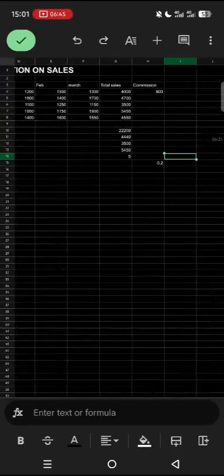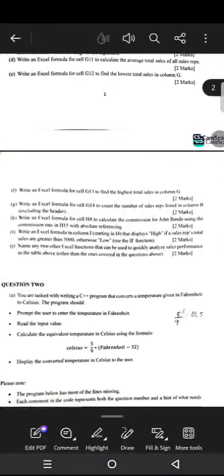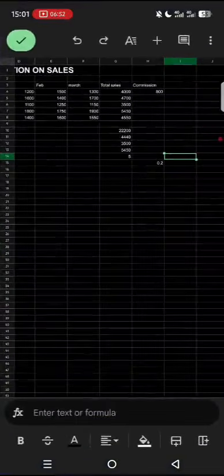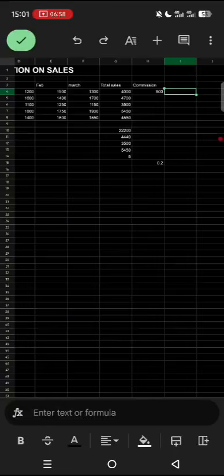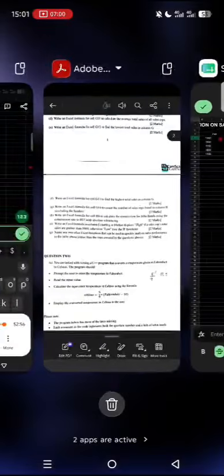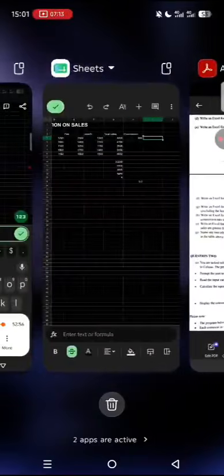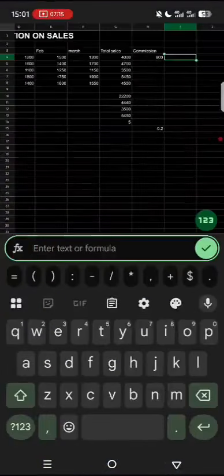My God, this is I4, not 14. I would have been confused. So in column I, starting in I4, they are saying: write an Excel formula that displays high if sales rep total sales are greater than. Okay,